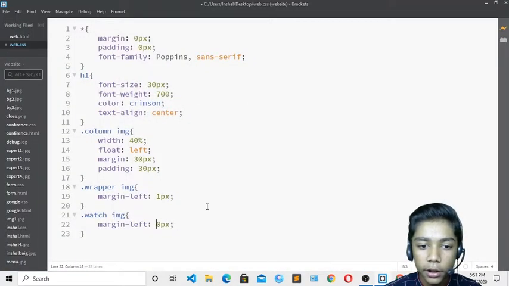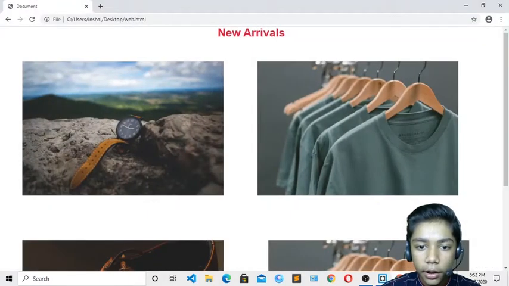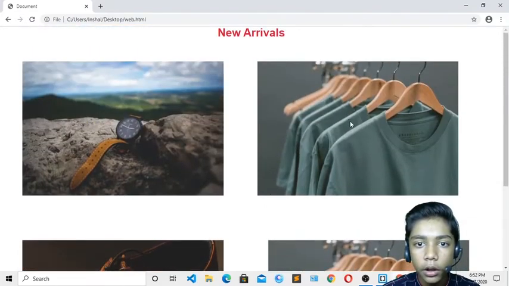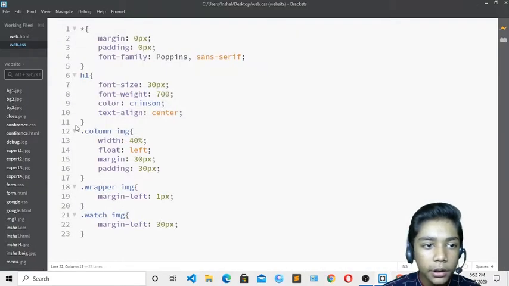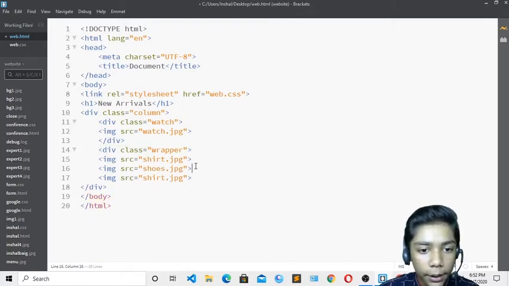So now here you can see that it is going forward over here. Okay, so just like that you can do this. Okay, so over here we have done our work till here. Now here I will give it the class of, also, copy this wrapper from here, and I will paste this wrapper over here.